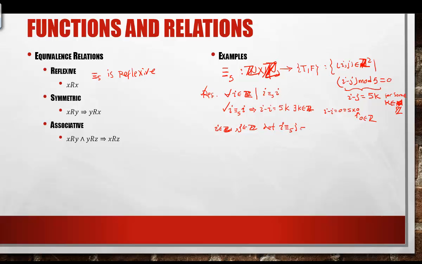Now, this means that, according to the definition of my relation, i minus j is equal to 5k for some k. Okay? Now, we want to see if j is in relation with i. I want to see if this is true or not. So we say j,